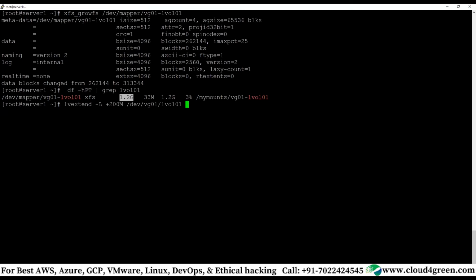Reducing on an XFS file system is normally not recommended. I will say you can reduce, but reduction is not normally recommended. Why? I will tell you. Technically it is possible. You have a 100 GB disk. Why do you want to extend? Just for fun, you don't extend, right? You need storage, because your disk is almost exhausted. You don't have space to use. So now you need to add an additional disk to extend it.